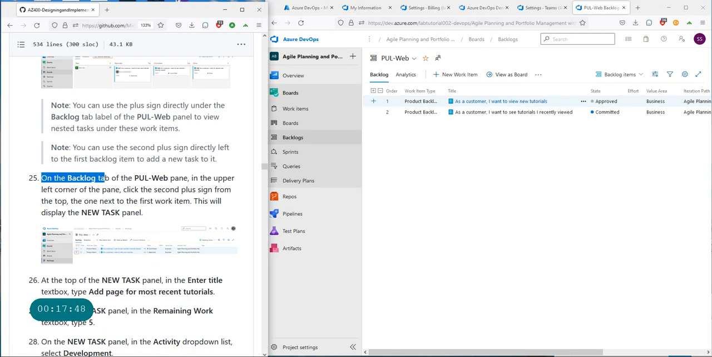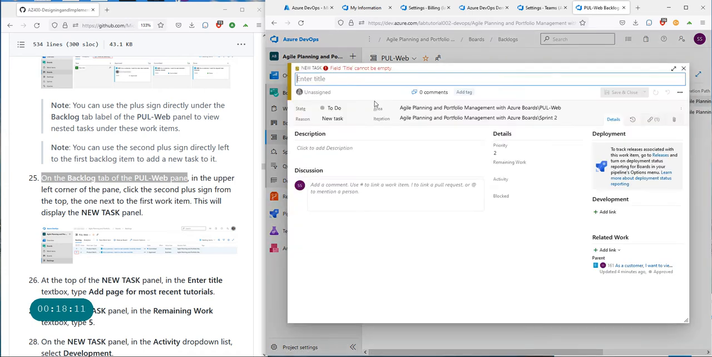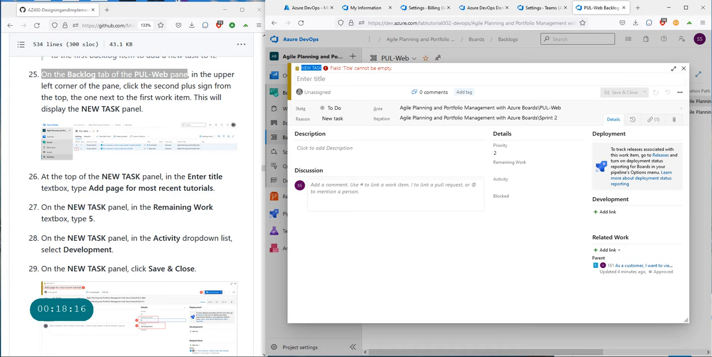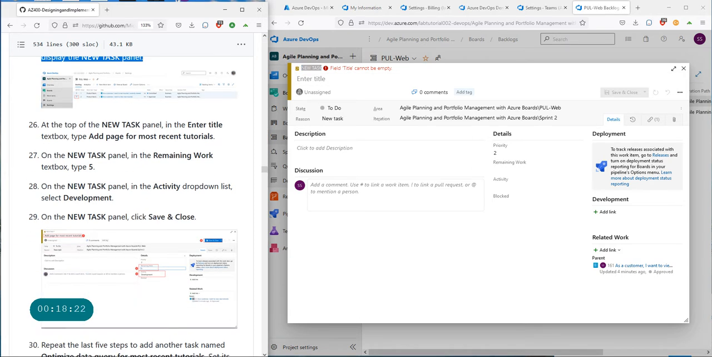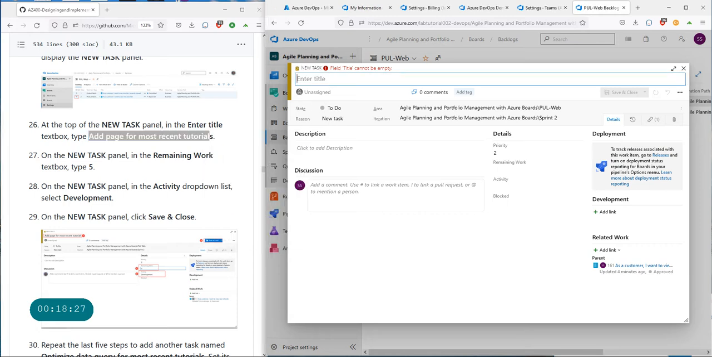So the next thing that we're gonna do on the backlog tab of the Paul Web pane, in the upper left corner pane, click on the second plus sign. So here you have the plus sign, and there is another plus sign for the new work item, and this is another plus sign under this header. So if you click on this plus sign, it's gonna give you a new task. Okay, that is what we are doing here. So this is called the new task panel that's got open. At the top of the new task panel, enter title, add page for the most recent tutorial. So let's just copy that one and add the title,